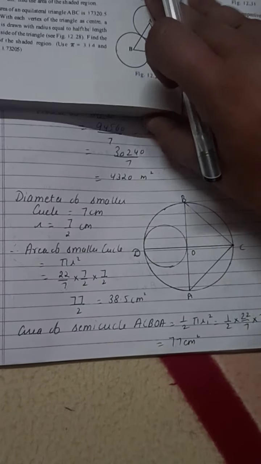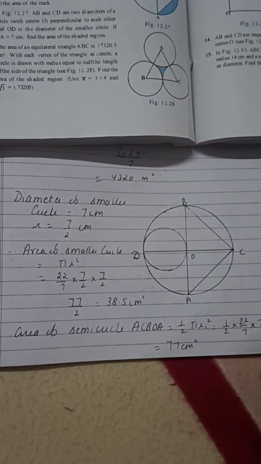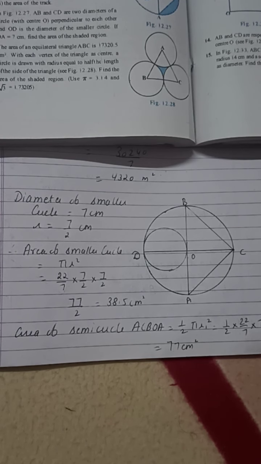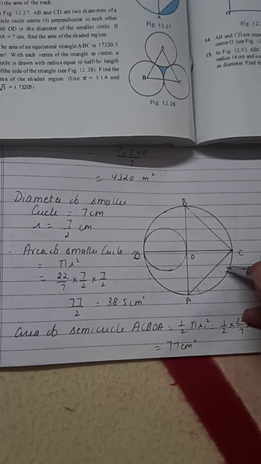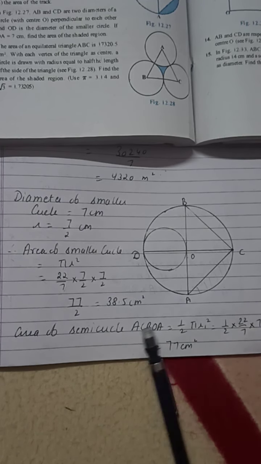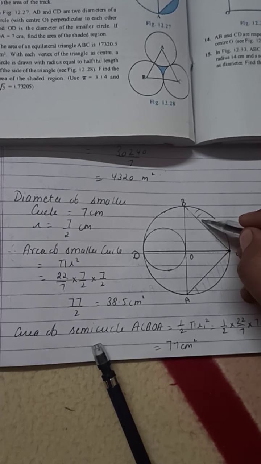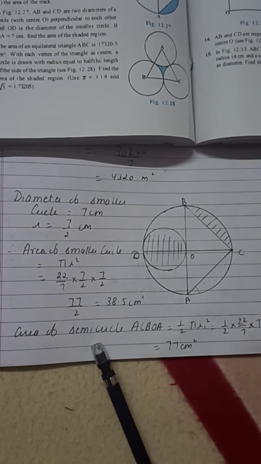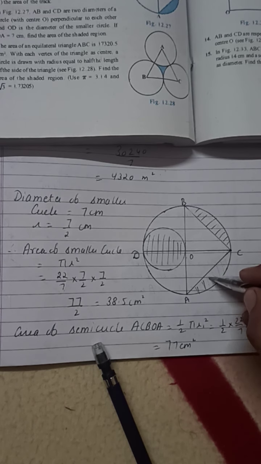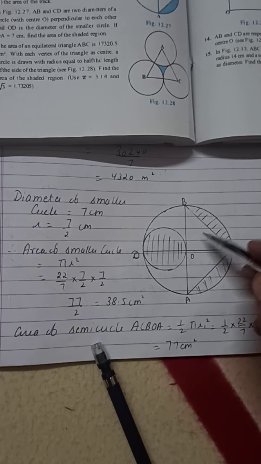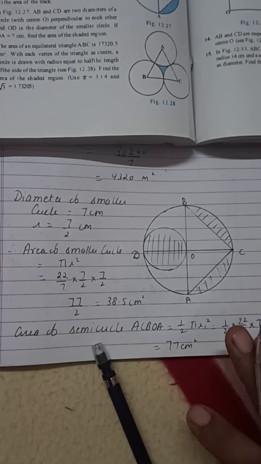So there is the solution of this question. You can check here what we want to find. In this question we want to find the area of the shaded region, and this also shaded, and this circle. So what will we do? We will find out the area of these two shaded regions, and I will add the area of the circle to these two shaded regions. I will get the area of the shaded region.